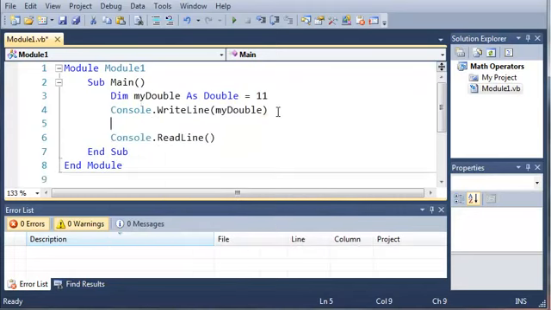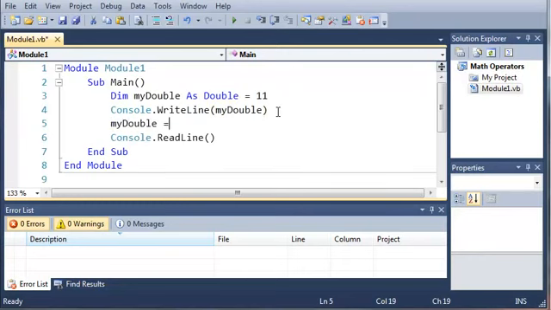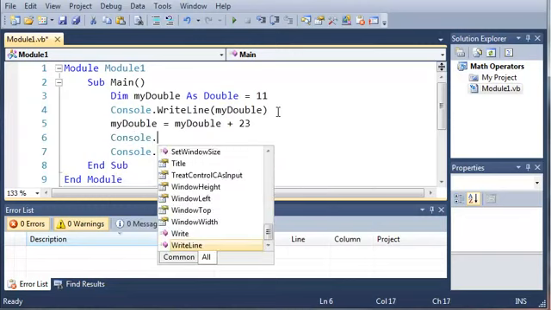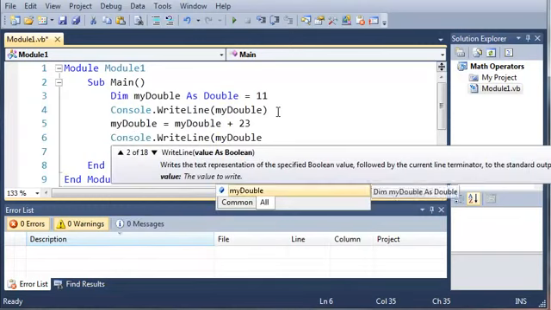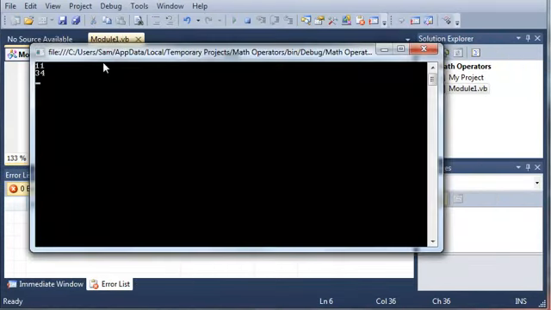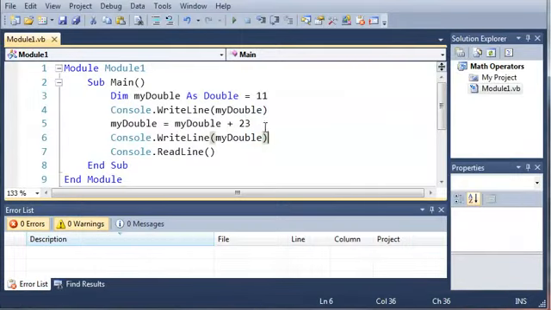Now if we come down here and change the value of my_double, we'll do my_double equals my_double plus 23. Then we'll do console.writeLine my_double. Now if we run this, we're going to get the values 11 and 34. But if we just take this line out right here,